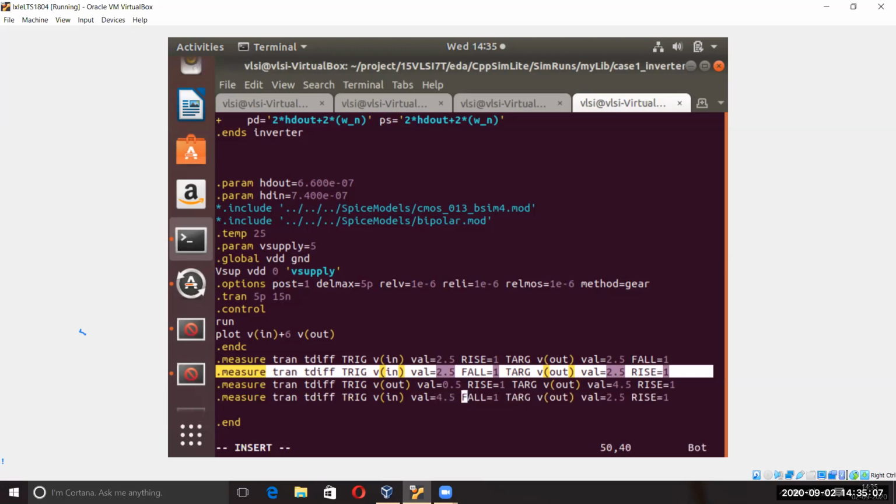But that should be V out again. Fall is equal to 1, fall is equal to 1. V out.